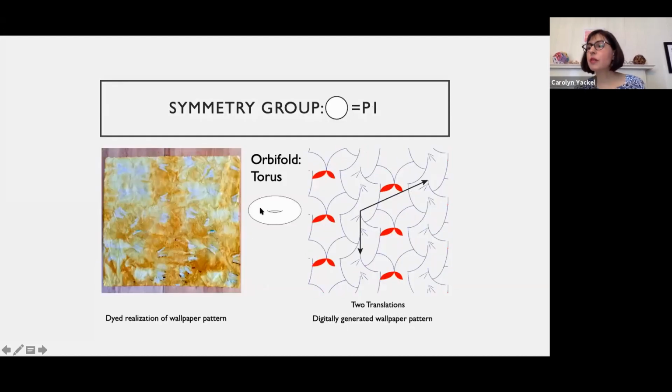And then the final one I wanted to show you, so if you're counting, we're at 7 now. The final one I want to show you is the torus, which is the orbifold for, in some sense, the easiest symmetry group, wallpaper group, which is P1. It just has 2 translations, and you can see at the right that